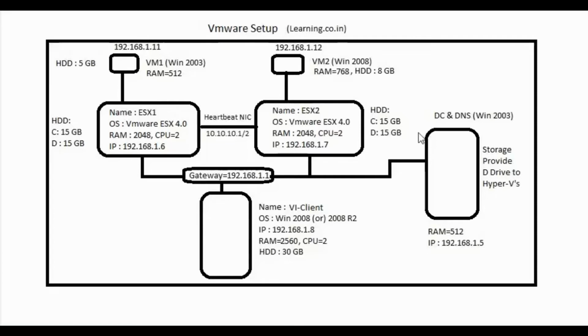If you see here, we have given ESXi version 4, but actually just because it requires fewer resources, that's why we have taken ESX version 4. Now, from ESX version 5 onwards, it's ESXi, not ESX. Anyway, we will be doing that in this topology.